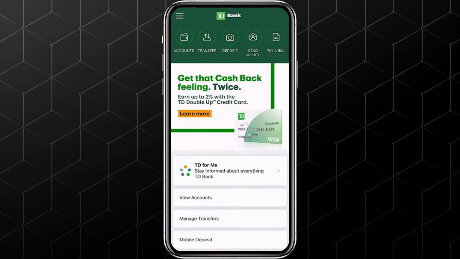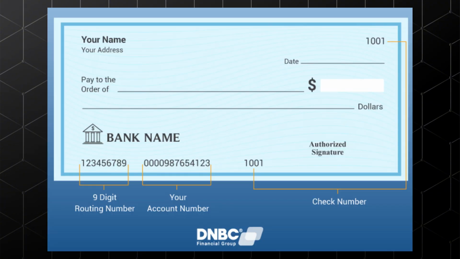In this video, I'll show you how to find your routing number on the TD Bank mobile app. It's a really quick and simple process, so just follow along step by step. If you don't have a checkbook handy, the TD Bank app is the easiest way to get both your routing